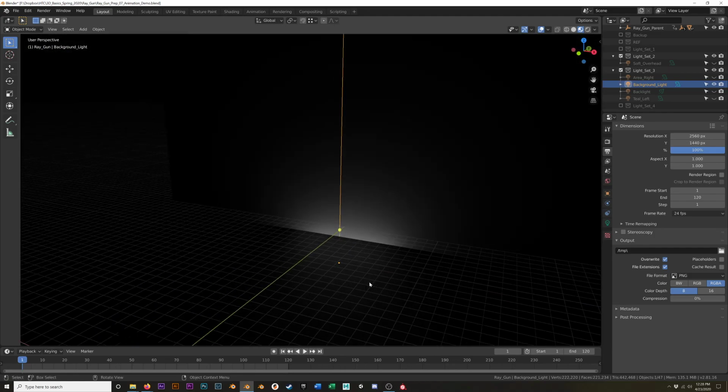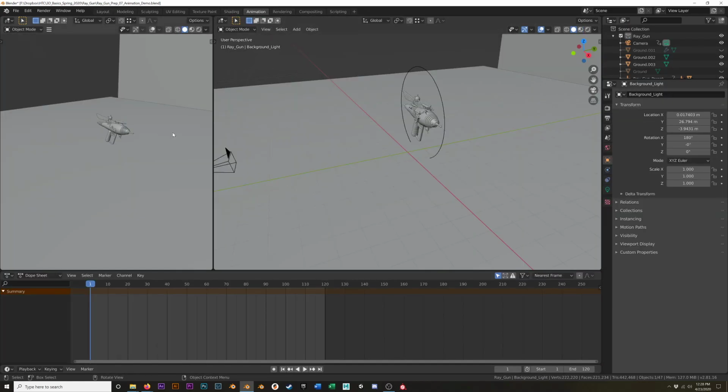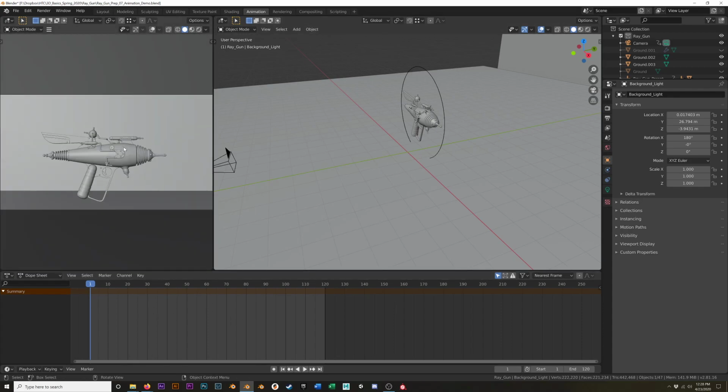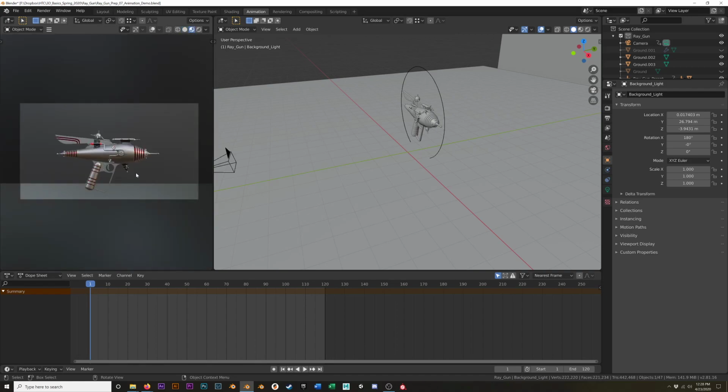Okay. It may also be helpful if you go up at the top here to the animation render set. You can see a couple of different views, as well as you get the dope sheet down here. So in this left view, I'm going to hit number pad 0. I'm also going to hit Z and go into material preview. And this is going to give me a preview of roughly what it will look like rendered. Not the final thing, but give me a good idea and still allow me to play back pretty close